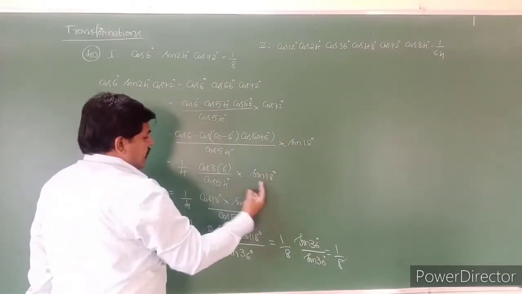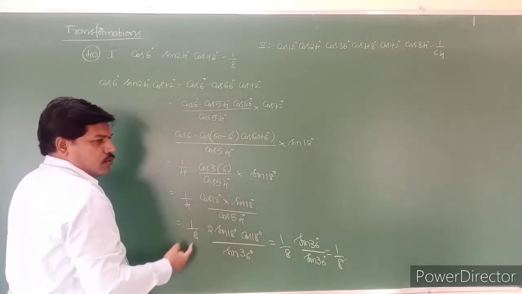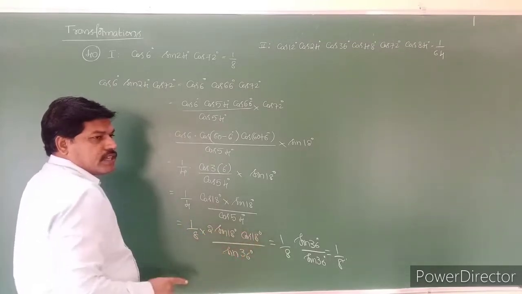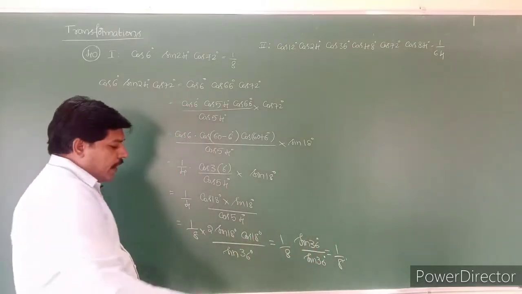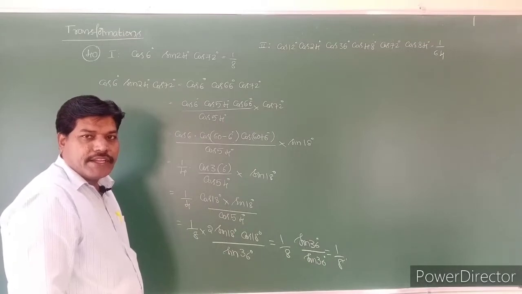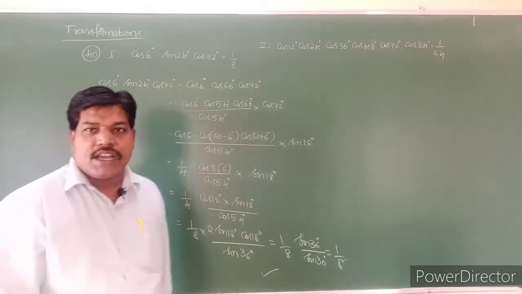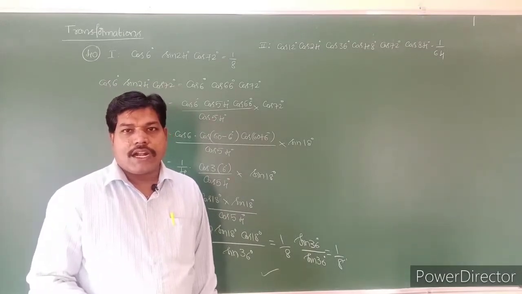So this is sin 18 and it is cos 18, so I need a 2. That's why I multiplied and divided with 2. It will become 1 by 8 into 2 sin theta cos theta, which is sin 2 theta. It will become sin 36 degrees by sin 36 degrees, you can cancel both. You will get 1 by 8. So statement 1 is a correct one. Statement 1 is correct. Okay, all understood that?